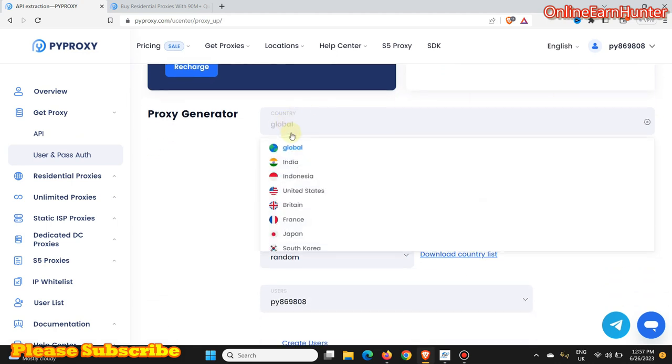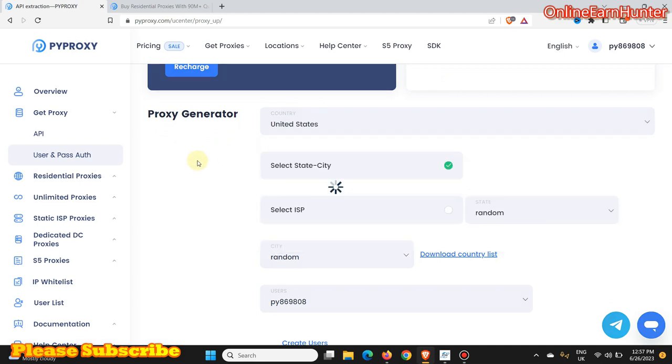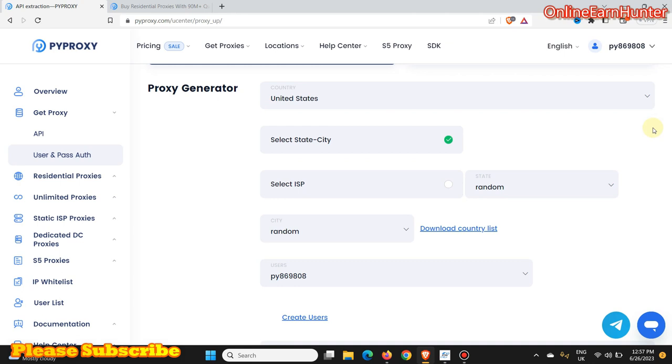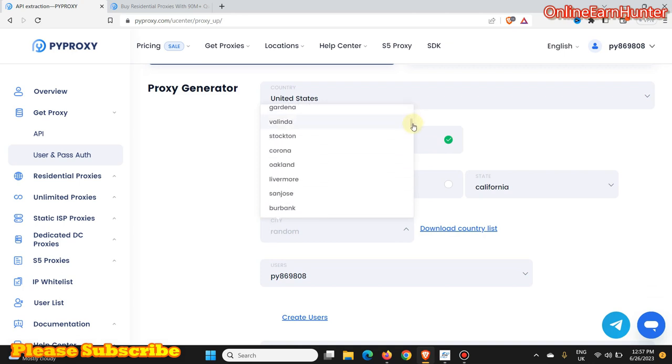So under here, you can select the countries. Select USA. Most of my users use USA. Then here, they have 2 ways of connecting. You can connect by selecting state and city, like this one. So just click here, say California, and you can select any city in California. You can select San Diego, like that, you see,